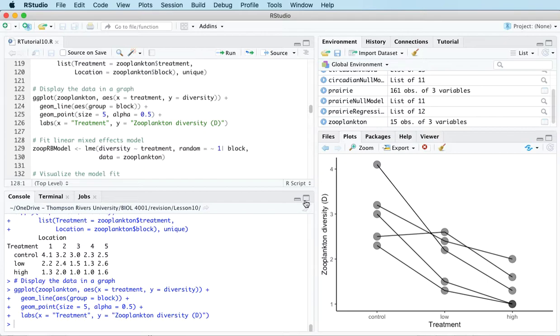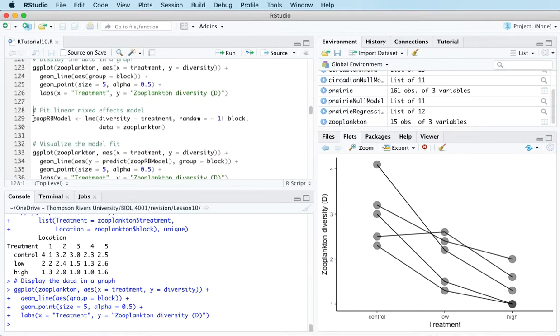And it turns out that in the book they analyze this data set as if it's a fixed effects study, which it isn't. So I'm going to show you a different way of analyzing the data that would be more typical in this type of example, because here location is not a fixed effect, it is a random effect, and so we really ought to fit a model that incorporates that random effect in the model and doesn't treat it as a fixed effect. So we need to fit what's known as a linear mixed effects model,